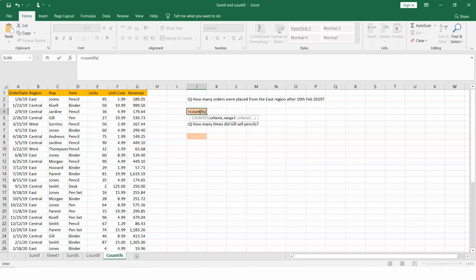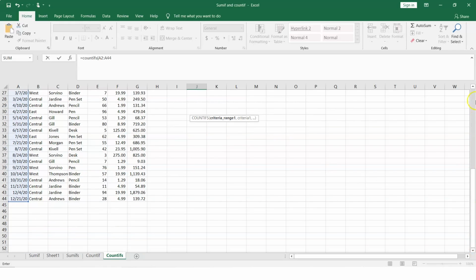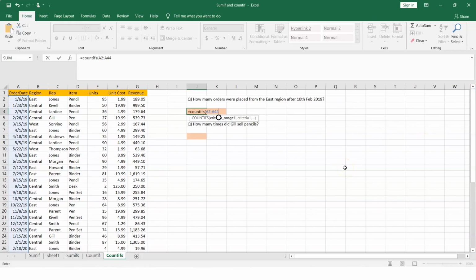So it says how many orders were placed from the East region after a particular date. So the date is in my first column. So for example, I could say A, start with 2, and say for example, let's go A44. That should have selected all the rows, and then once I've given the criteria range, I need to give the criteria. So we are saying the date has to be greater than 10th Feb. So let's give it 2/10/2019,